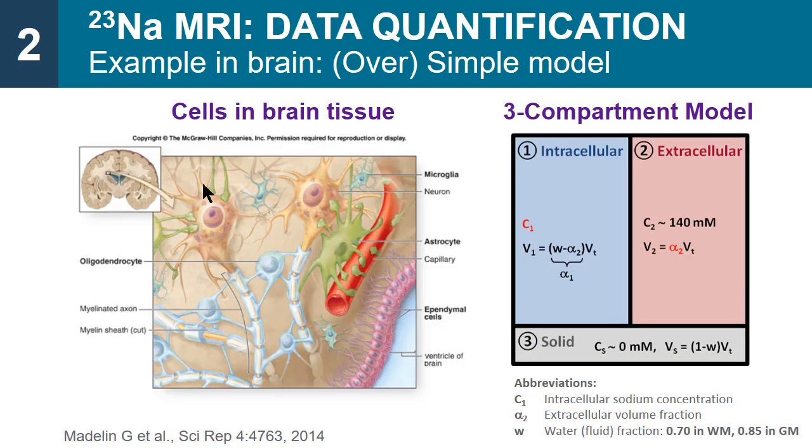And this is an example of quantification that we can try to do in sodium. In a voxel in the brain, you have some extracellular space, and intracellular space in the astrocytes and in the neurons. You have some blood too and some CSF. You can decompose this as a simple three-compartment model, which is an oversimplification. Intracellular sodium, where you want to measure the sodium concentration inside the cells. Extracellular, where you assume you know the concentration, about 140 millimolar outside the cell, is constant, but you want to measure the volume fraction. And you always have a compartment where you assume there's no sodium, like the membranes or the metabolites.